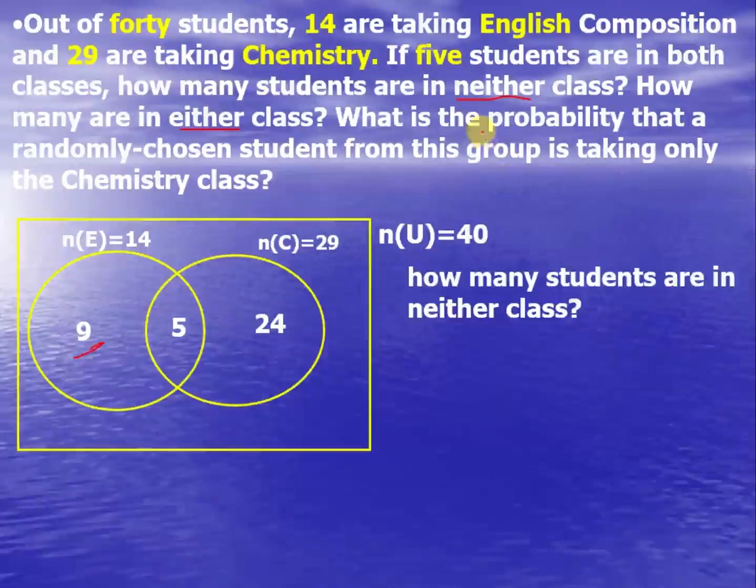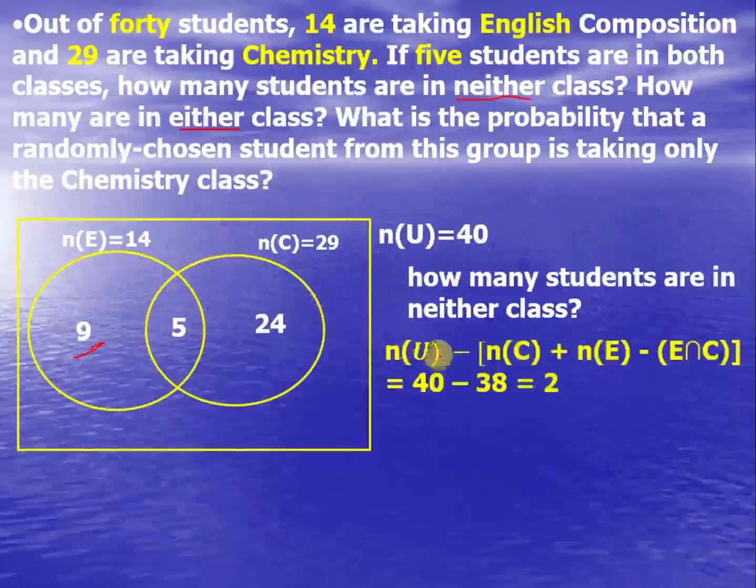So the neither here is talking about how many students are not in English class nor in chemistry class. But they are in the universal set. They are part of the 40 students. But they are not inside English class. They are not inside what? Chemistry class. So what you have to do is add all those inside these classes and take it out of 40, because if you add everything inside here, it must give you what? 40. So we derive the formula: you take the universal set and add whatever is inside these circles, and then you subtract it from